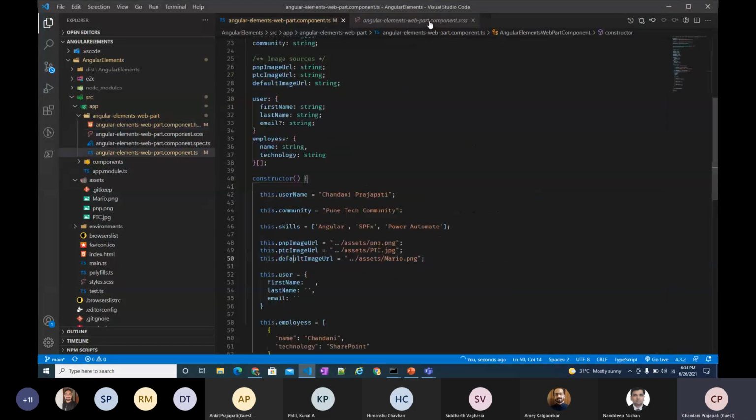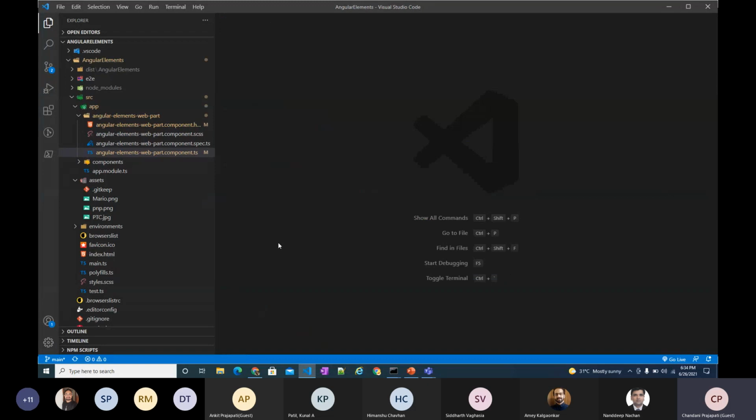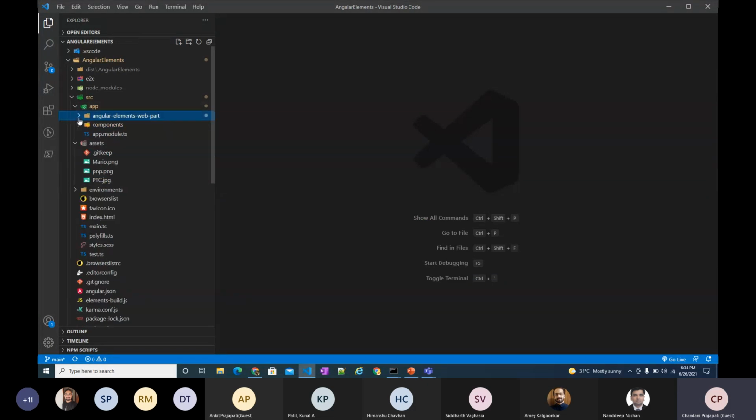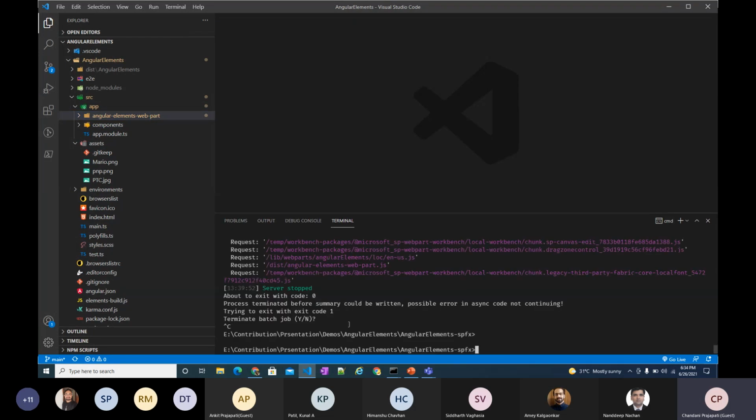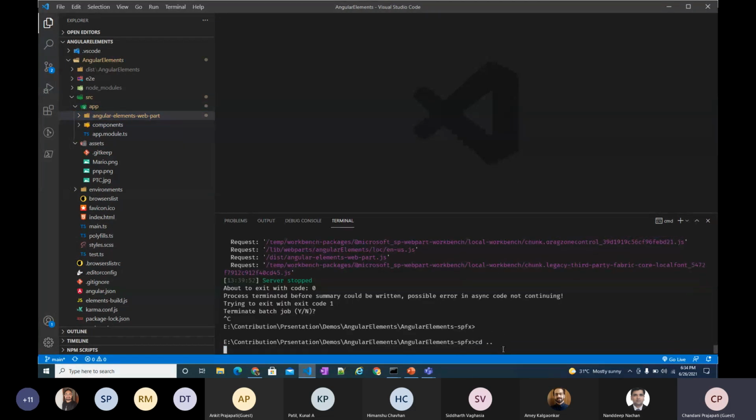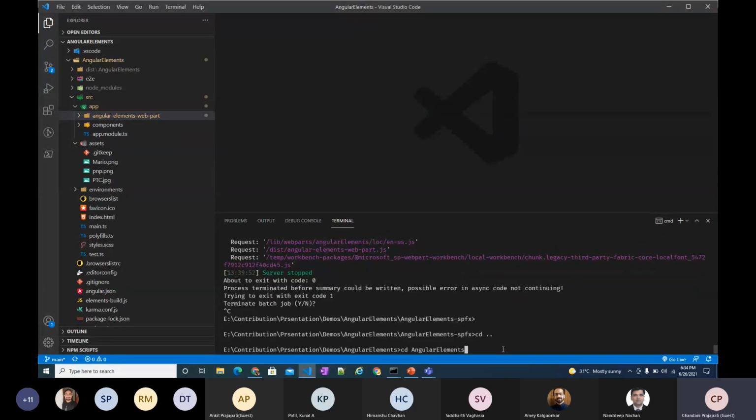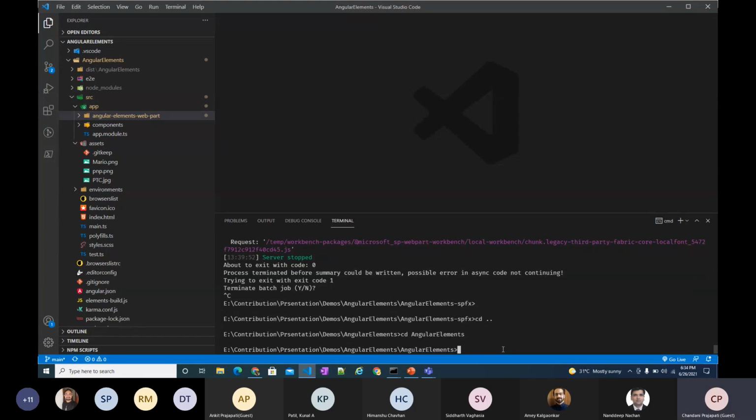Then let me show one thing: how we can communicate between components. For example, I want to create one child component. How can we create a child component? There is a command to generate a component, so we don't have to create all four files of the component manually. We just have to execute one command, ng g, g for generate, then c for component, and the component name. For example, I am using demo.